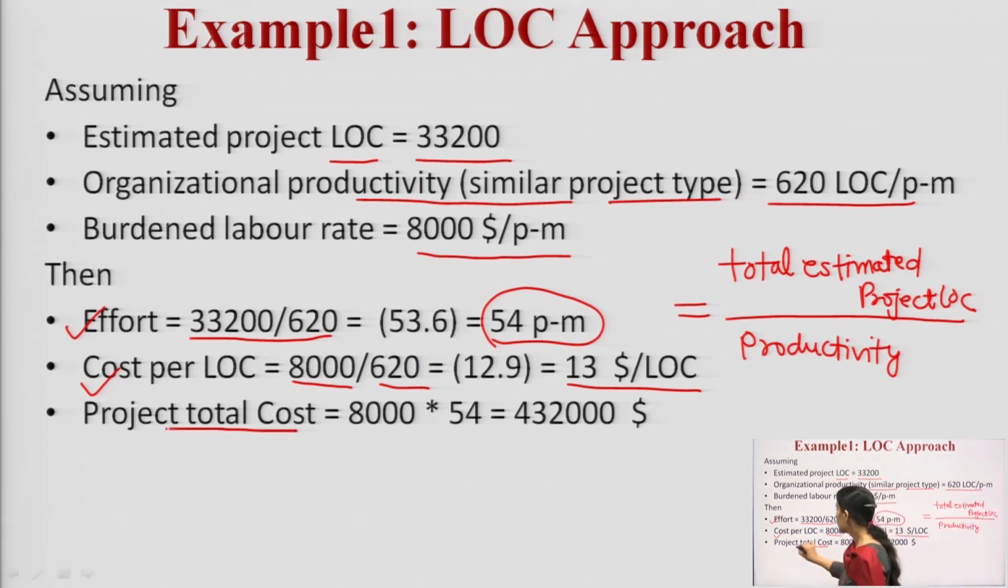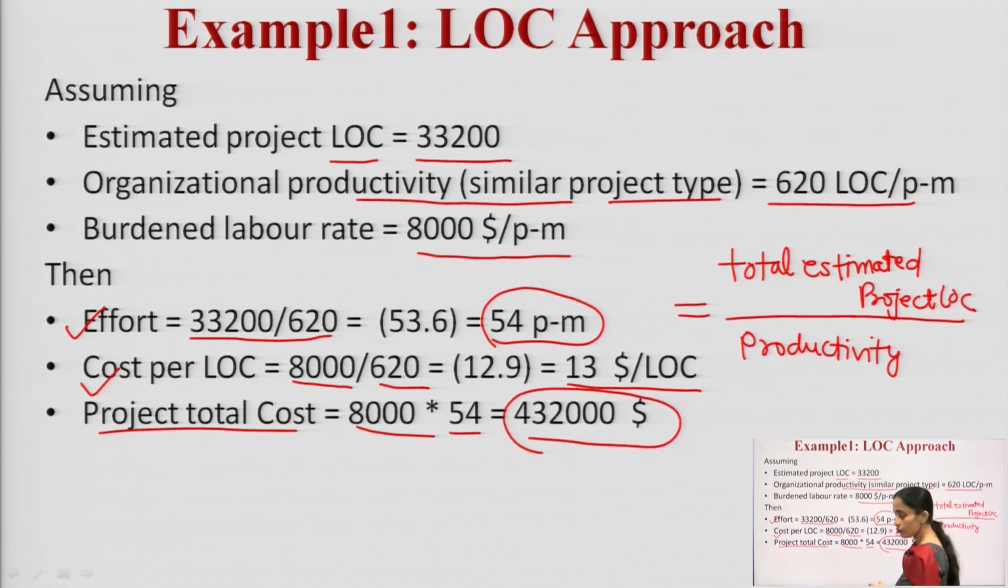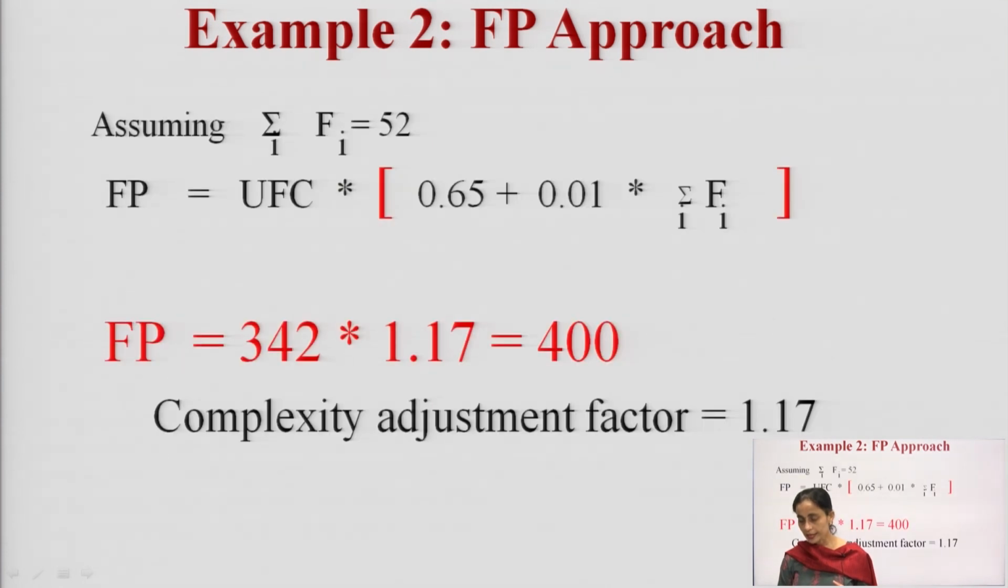Then the software total cost of the project comes out to be 8,000 into the effort I have calculated. So, 8,000 into 54. So, this is the total cost of my project using the LOC approach. Let us take the second example that deals with the FP approach. So, using this FP approach, here I will apply the formula